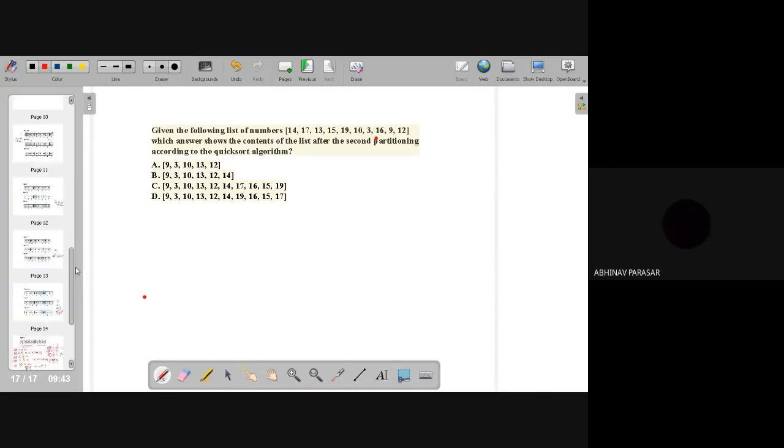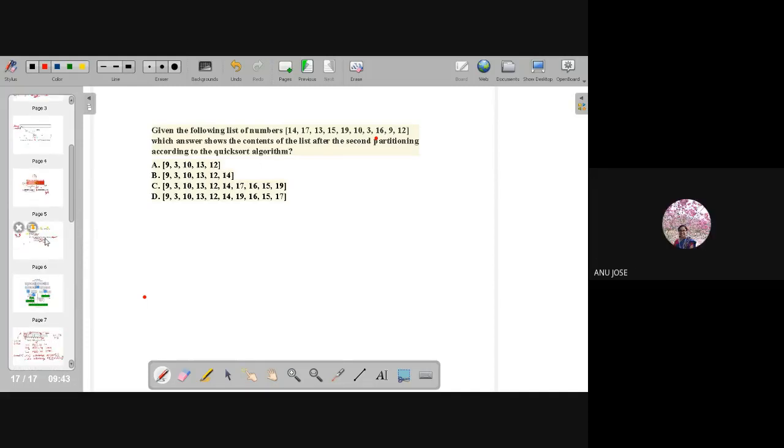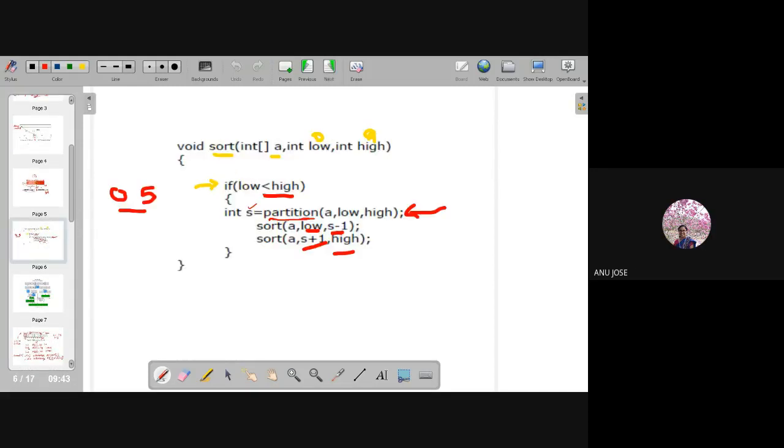First, the left hand side completely gets the sorting operation. This is for low to s minus 1, that is the left subarray.